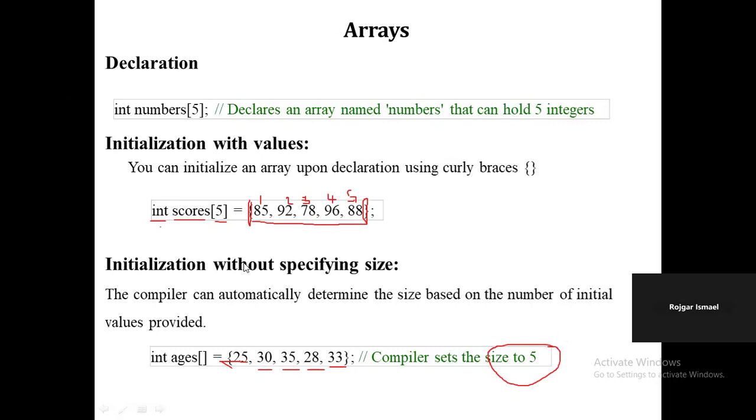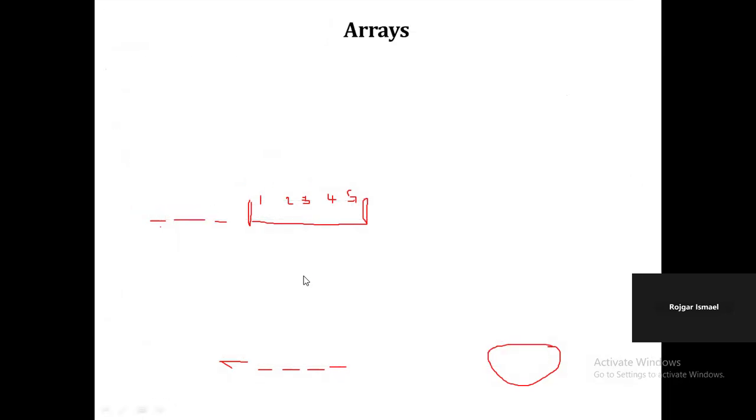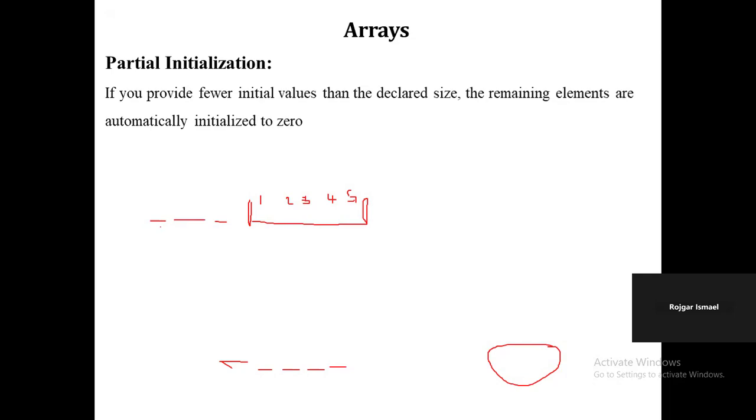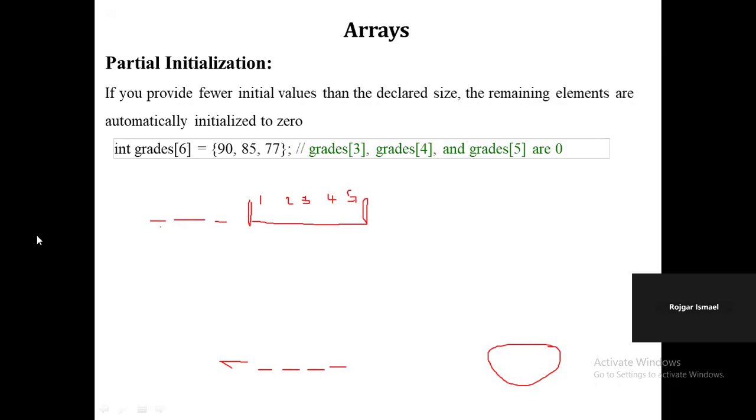So regarding the partial initialization, sometimes this is the source of mistakes or misunderstanding, let us say, made by the student. If you look into this example,